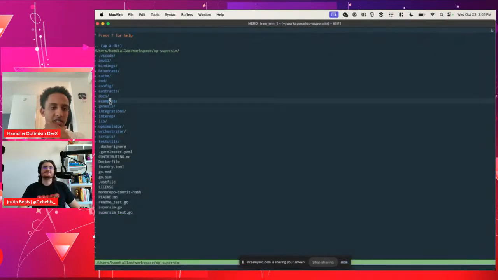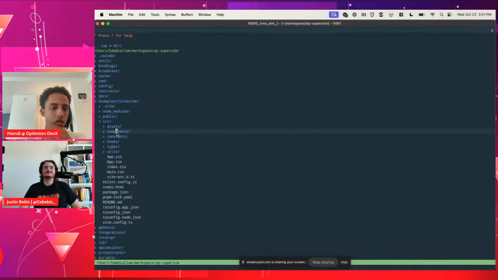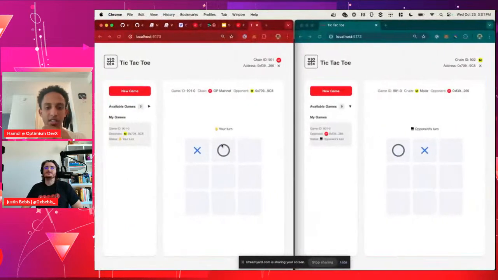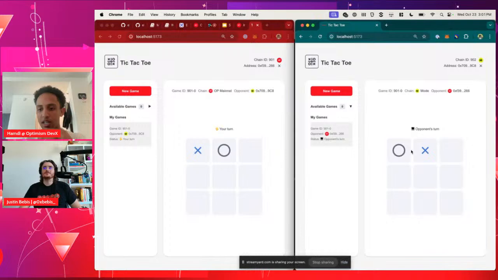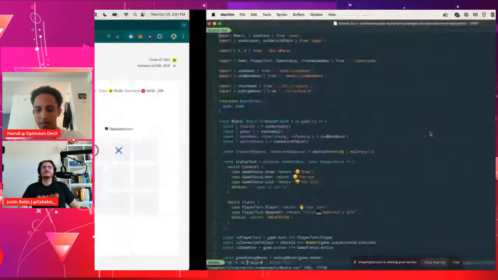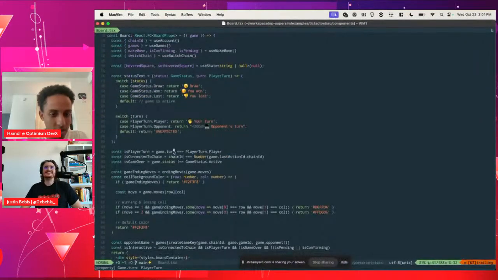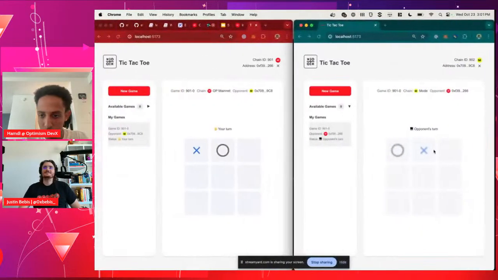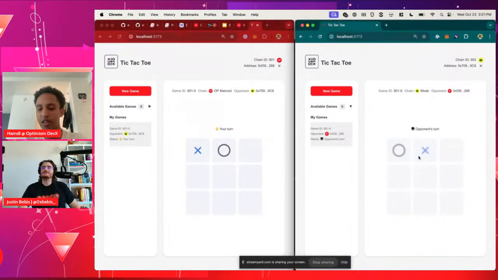All right, so we have our examples folder, tic-tac-toe. We'll go to the board component. So I have a nice little thing, like if it's not your turn, you're not allowed to click any. Oh, I guess I already changed the code. It's your opponent's turn. Okay, yeah, so if it's your opponent's turn, there's this nice overlay that doesn't let